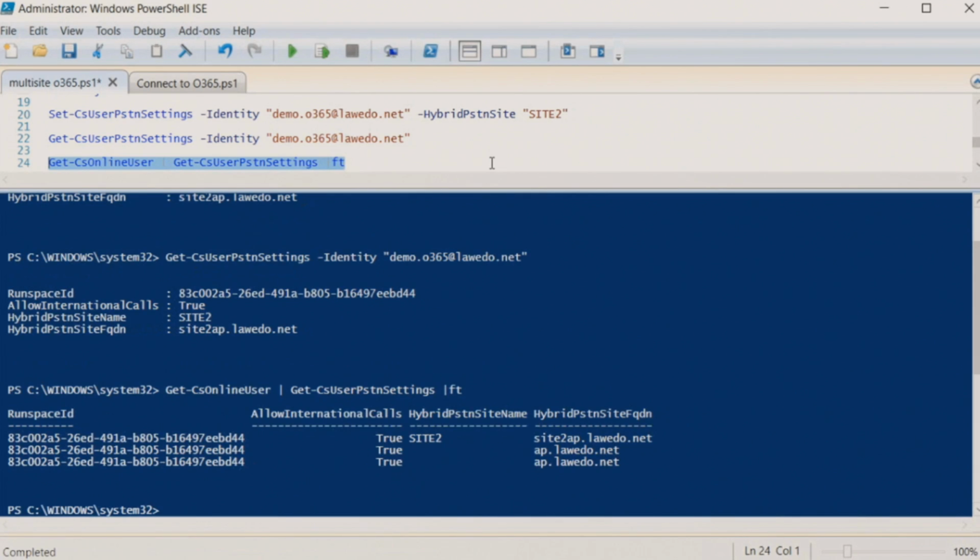They use the default setting that was created when I created my hybrid setup. Okay? Be aware of that. Because if you assign a lot of sites to a lot of users and you start seeing calls going over the internet where you're expected to go locally, it could be because you haven't assigned the correct site, or you haven't actually done the assignment just yet.